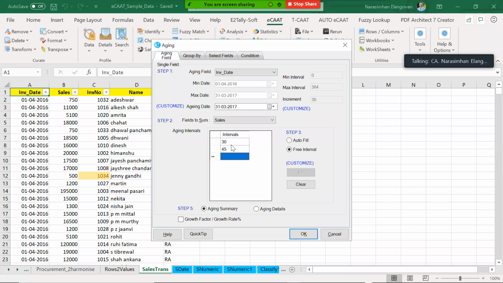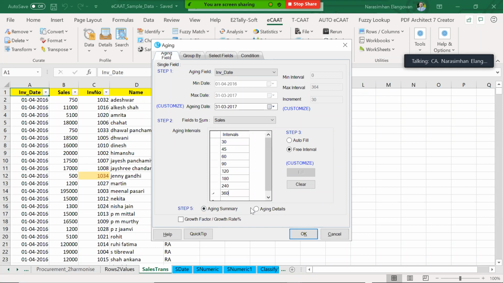What is the next one? Let's say 60. Correct. I want 90. Then I want 120, 180. Then what can come after 180? Let's say I will take 240, 360. Okay, I've just chosen this.